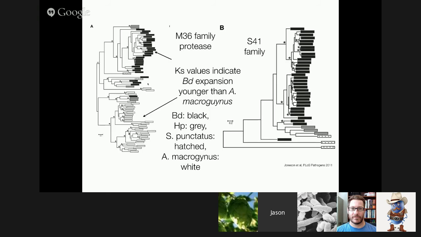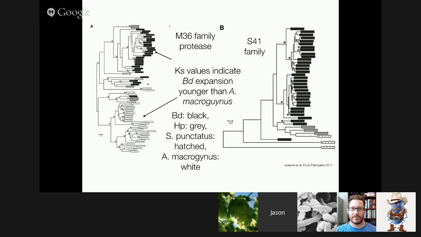So to really get our confidence in this expansion, we built phylogenetic trees for the families. And all you need to know here is that the black bars are the BD copies. And what you can see is, even without figuring out what else is going on, the black stuff clusters. And so that's an indication that it's a recent expansion, because they're all most closely related to the same species. And so we're able to identify that the expansions are recent, because the number of synonymous changes was quite small for some of them, and so that really indicated that this was a recent duplication of these